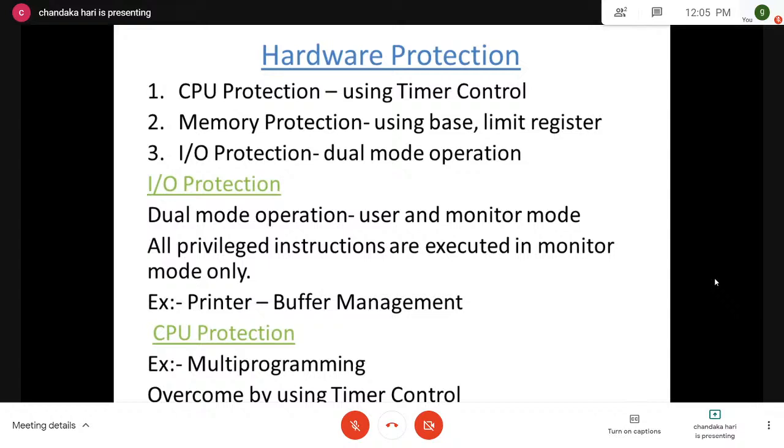And coming to the next very important one, that is CPU protection. Just now I told that in case the processor is blocked by any one of the program instructions, how can you come out? Using timer control, you can switch the CPU from one particular process to another process. Whenever a program starts execution, it estimates how much time is needed to run the program. After the stipulated amount of time, if the program is not properly completed,